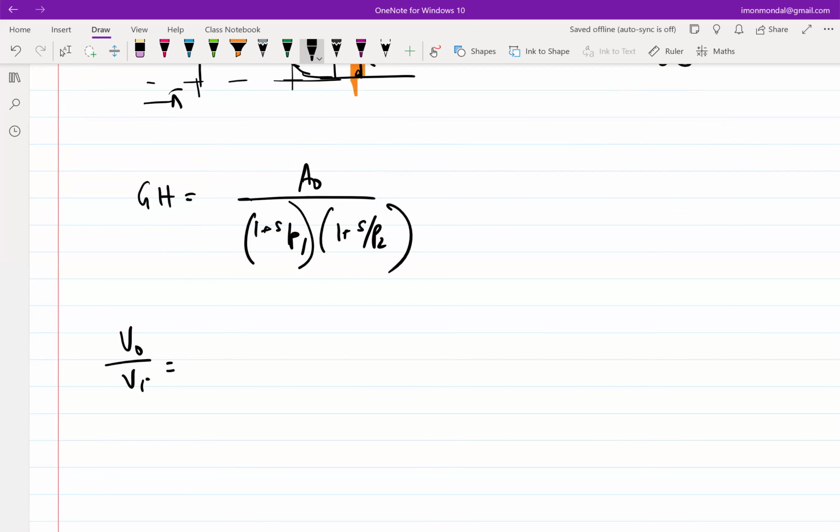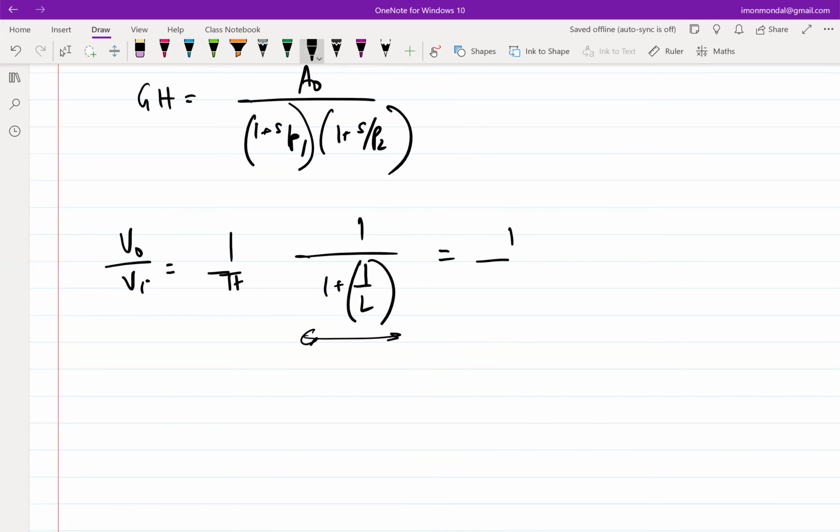V naught over Vi is 1 over H times 1 by 1 plus 1 by L. Now, writing in this form helps because otherwise the terms of S don't come in the form of 1 over S, right? So it's sometimes helpful to write the closed loop expression in this form. So if I do the math, this will come out to be 1 plus 1 over A naught